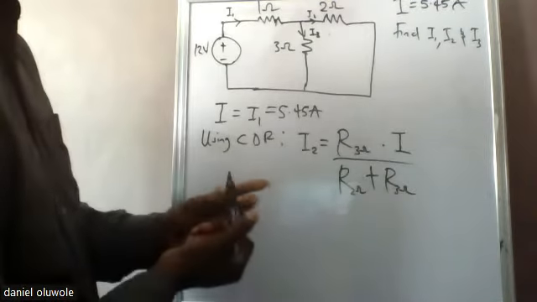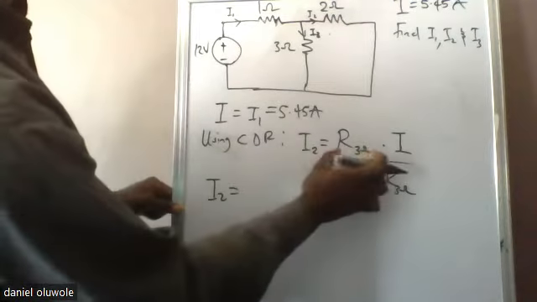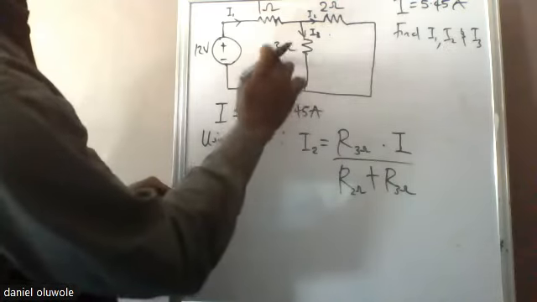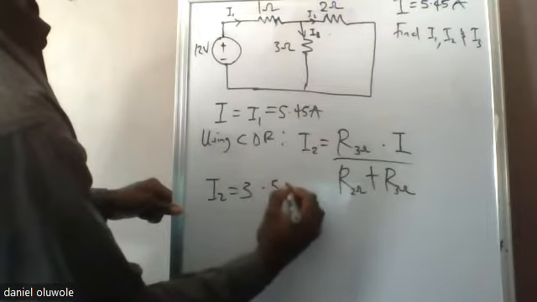This is just to make it simple for you to understand. So I2 will become R3, which is 3 ohms in our case, so 3 multiplied by I, which is 5.45,